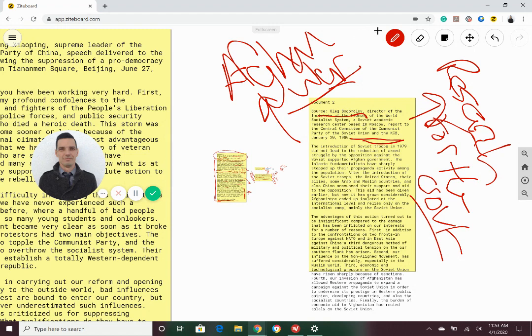So already, right here, we have some things to look at. This is obviously from the Soviet point of view. And so how does ideology further the conflict? So the United States, right here, is obviously the Western power, and their allies, along with some Arab and Muslim countries, are allying against them. So these guys will clearly work against him because